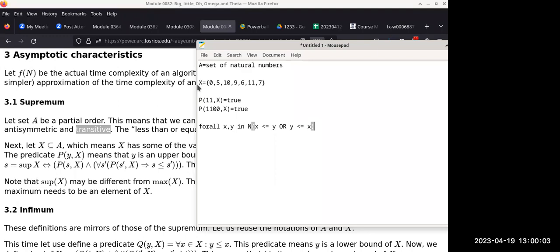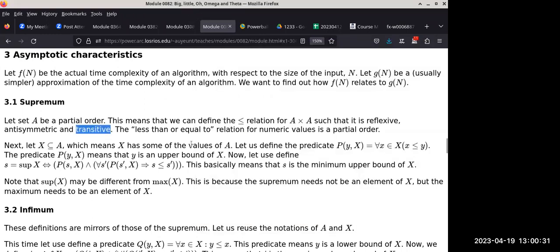Yes? So can you give us an example where the supremum is not the max? That is a good question. He's asking about the supremum, not the upper bound. So, if I'm using natural numbers, then it has to be the same. In other words, if we are dealing with actual real numbers, natural numbers, and so on, then the supremum is really a fancy name for the maximum.